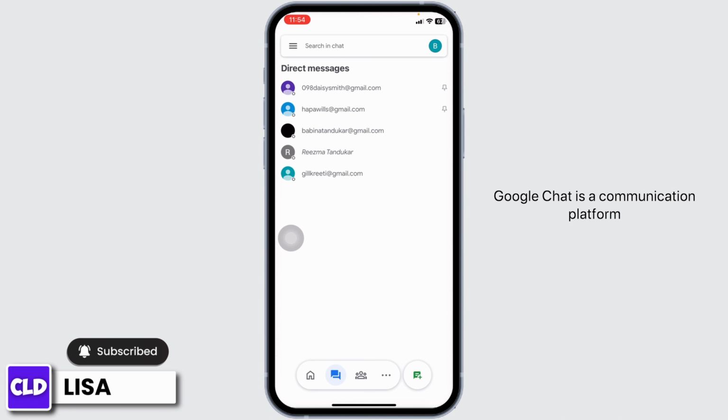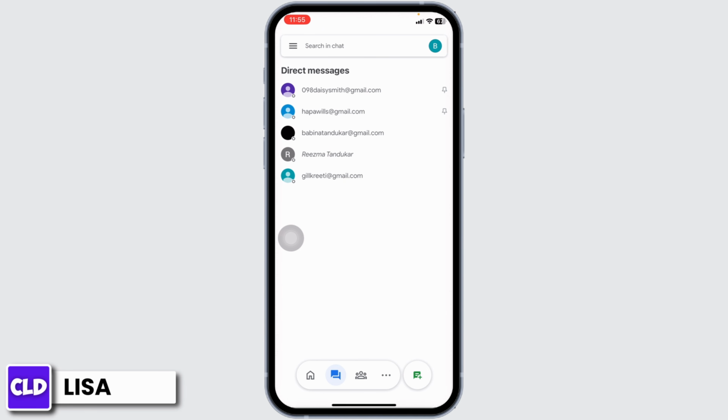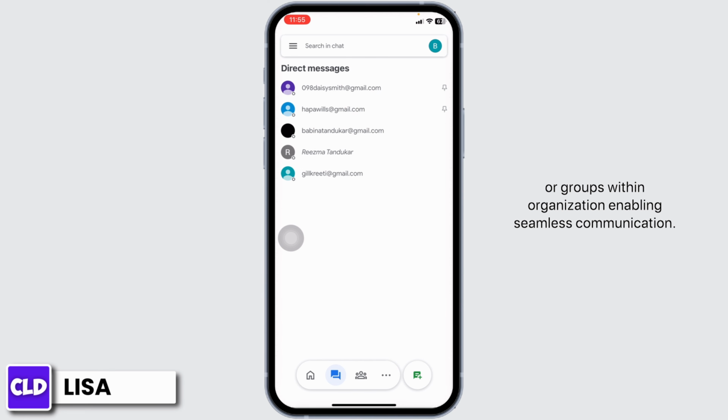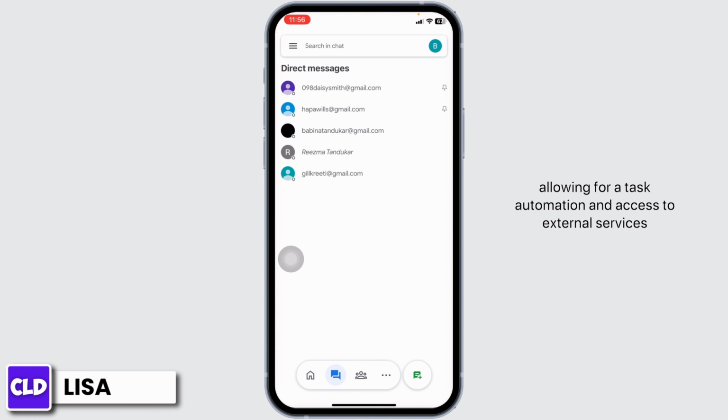Google Chat is a communication platform integrated into Google Workspace Suite, offering a variety of features for real-time collaboration. It facilitates direct messaging between individuals or groups within an organization, enabling seamless communication. Google Chat supports integration with third-party apps, allowing for task automation and access to external services directly within